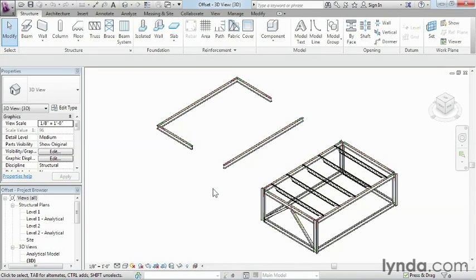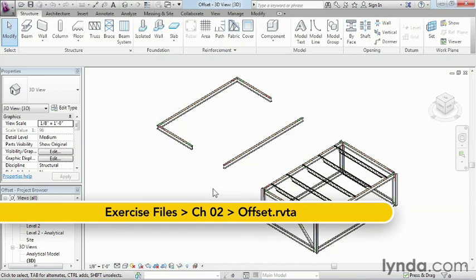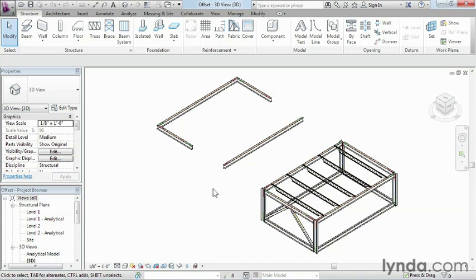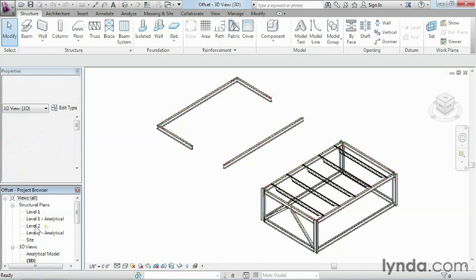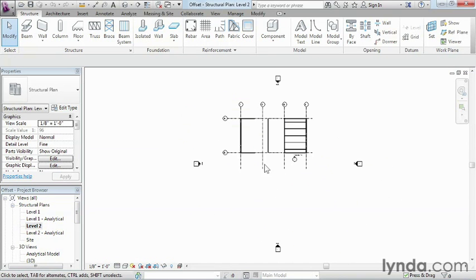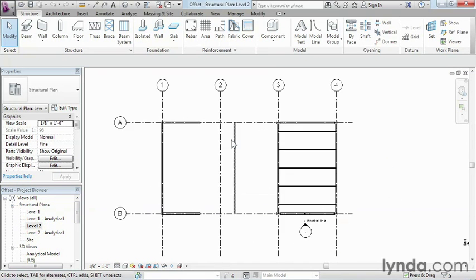The offset command is used to create either a duplicate of an object or simply move an object a specified distance. Think of it as being similar to the copy or move commands, but with added functionality that makes drawing easier for certain conditions. In order to illustrate this, once again, I'm going to go to the Level 2 structural plan. Next, I'm going to zoom in a little bit here, and we're going to do the offset command to